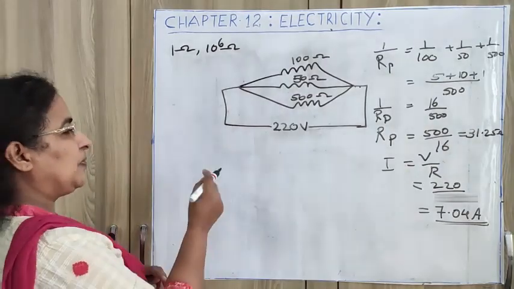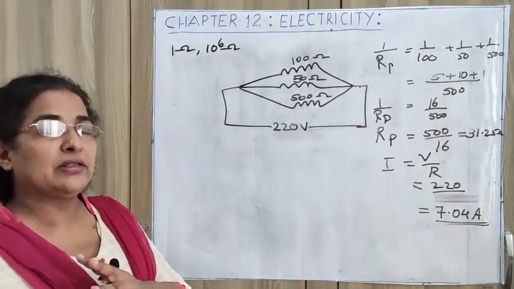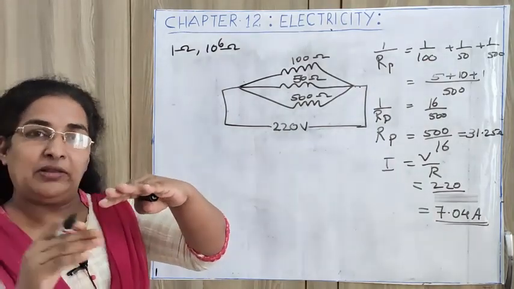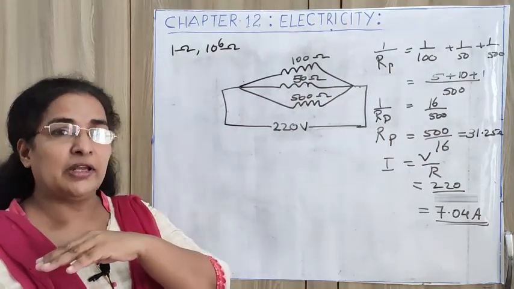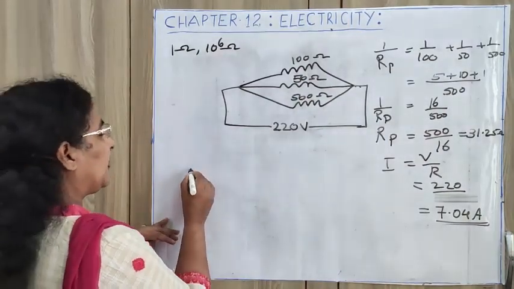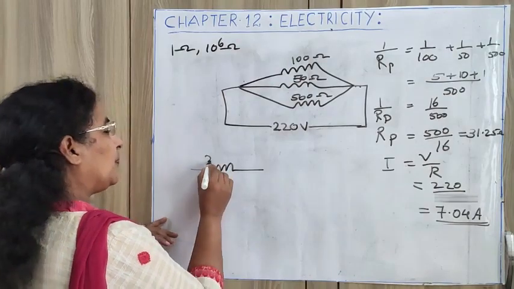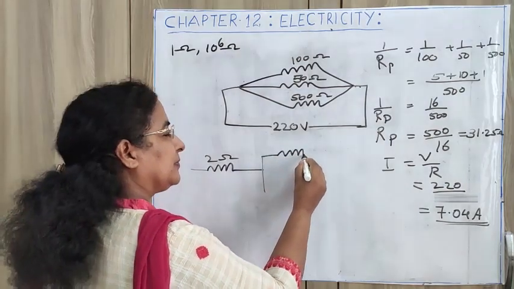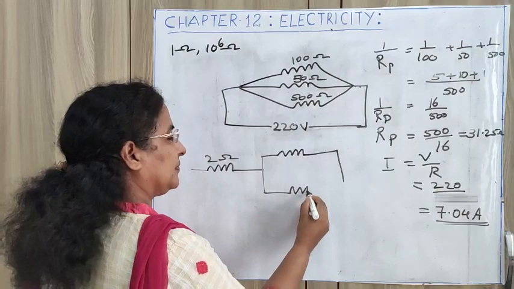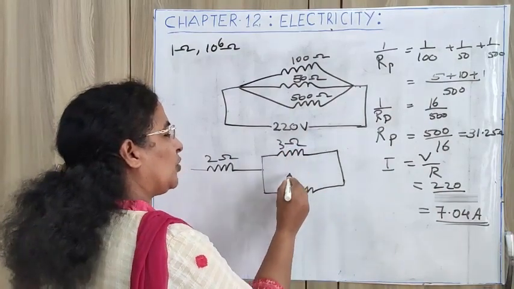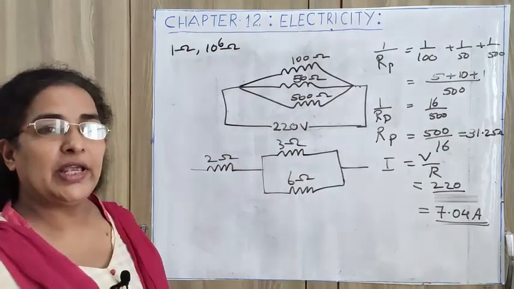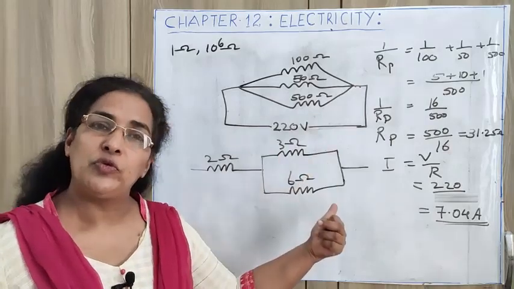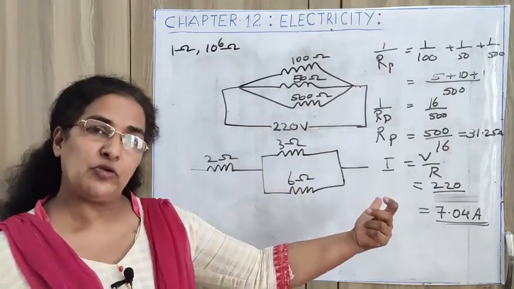So I draw the diagram this way, because 2 plus 2, the hint will be like this. 3 ohm and 6 ohm are there. If you are connecting 3 ohm and 6 ohm in parallel, 1 by 3 plus 1 upon 6 will again come to 2. I can show that. See, 2 ohm, 3 ohm and 6 ohm this way. If we are connecting this way, here 2 ohm is there, and their combination will give you 2 ohm. So 2 plus 2, 4 ohm.